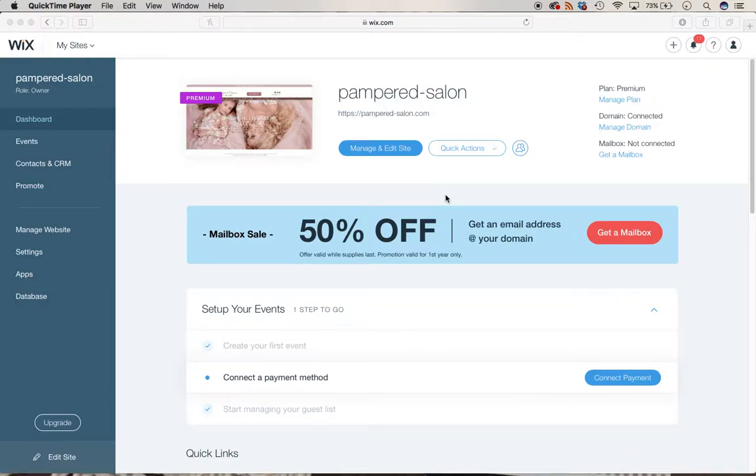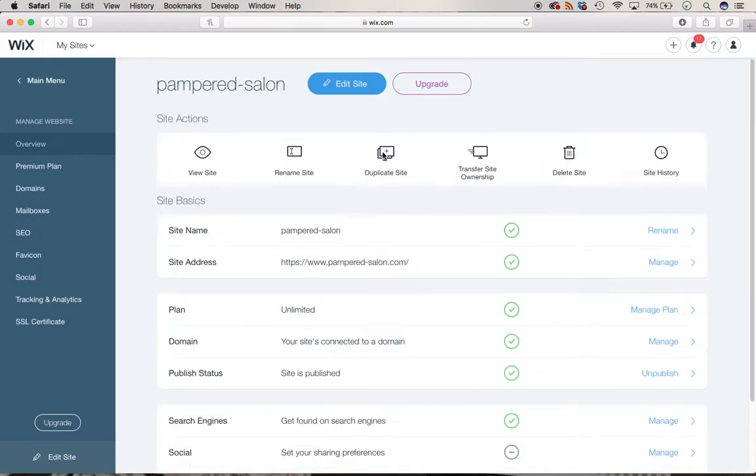Okay, let's say that you want to change an existing event or add a new event. If you have the events app on your website, then I'm going to show you how to do that. So you would log into Wix, click Manage and Edit Site, then click Edit Site,